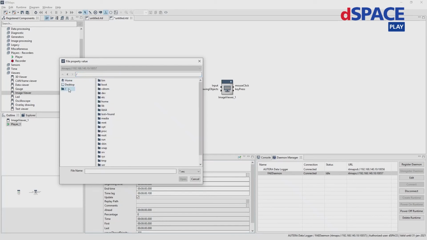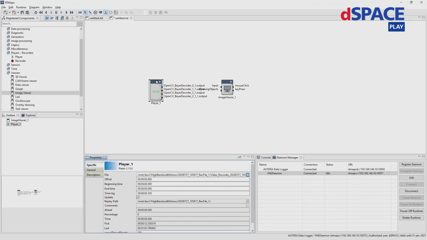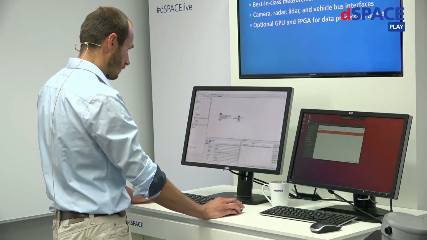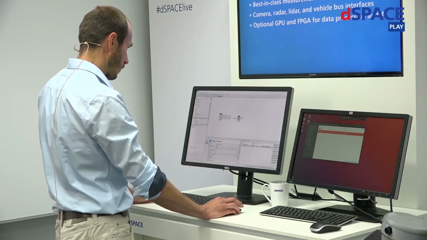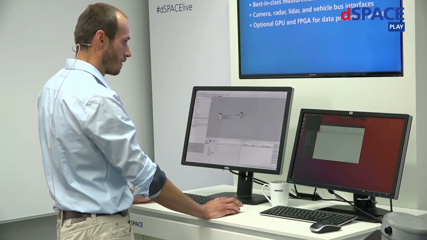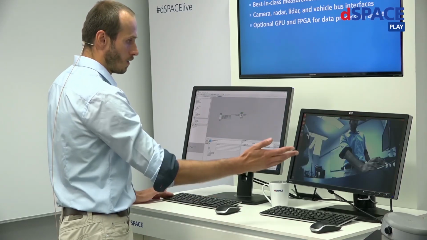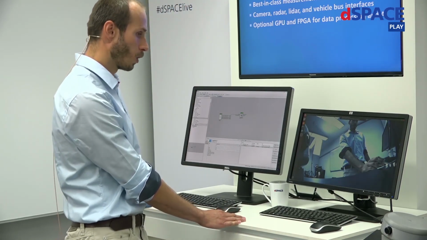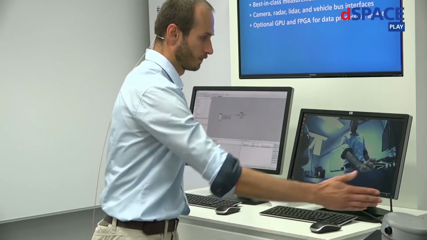Home. Sorry, it's mounted in DSU1, video recorder. So we have 4 outputs because we have 4 cameras and 4 individual files. You can select one of the outputs, connect it to the input, and run. So you see again, this is the output of one of the cameras.